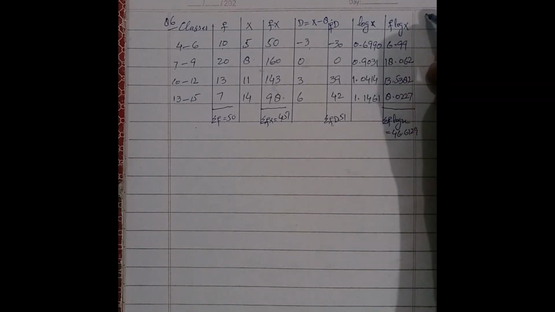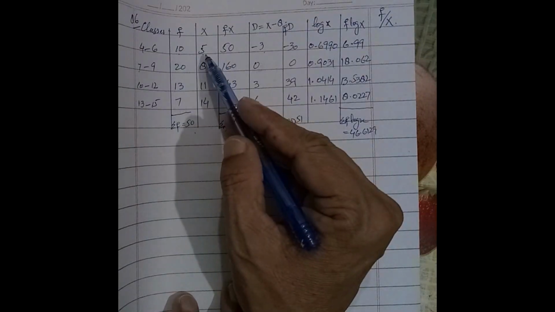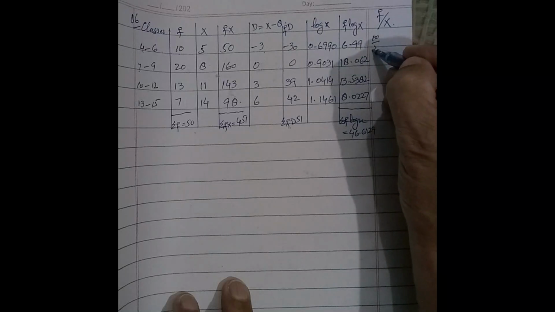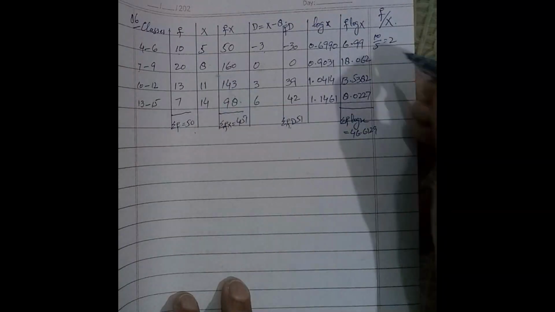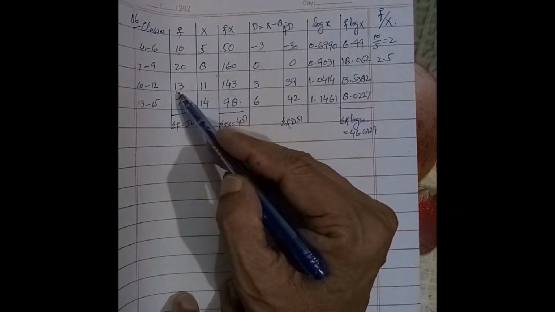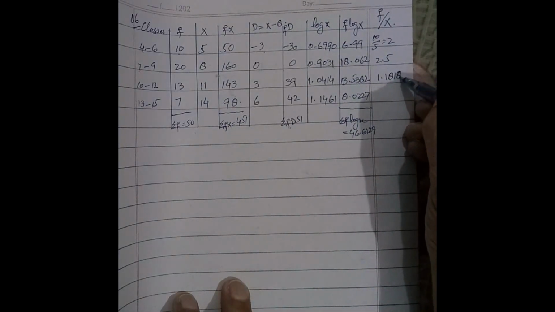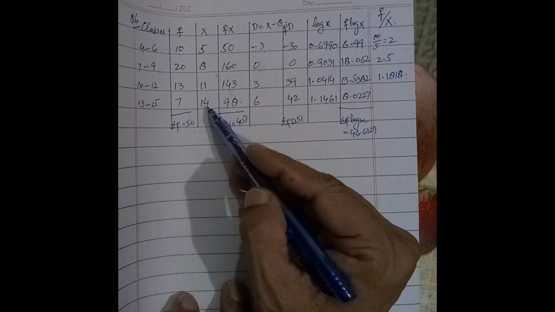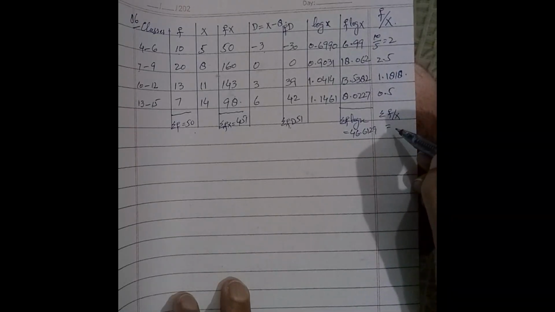f over x. That is, f divided by x. 10 divided by 5 is equal to 2. 20 divided by 8 we get 2.5. 13 divided by 11 we get 1.1818. The next, 7 divided by 14, we get 0.5. Take the summation of f over x, we get